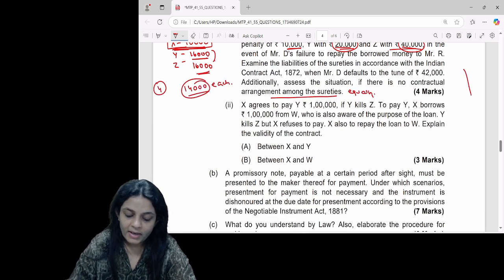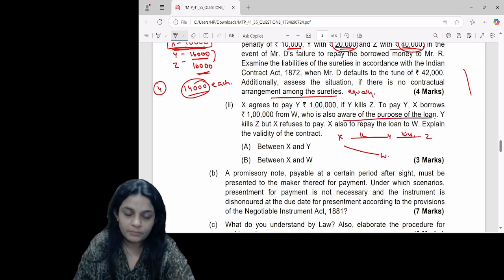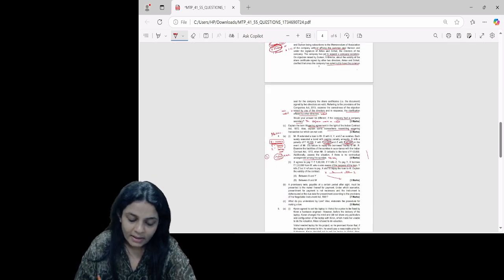X agrees to pay Y 1 lakh if Y kills Z. X says to Y, I will give you 1 lakh if you kill Z. And to pay this money, X borrows the money from W, and W is also aware of the purpose of the loan. Y kills Z, but